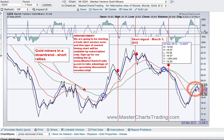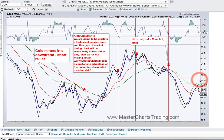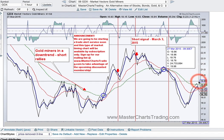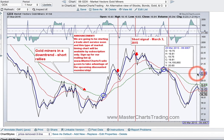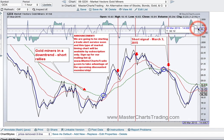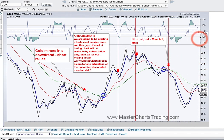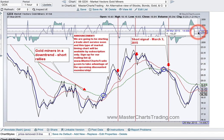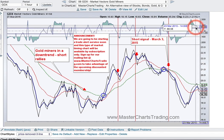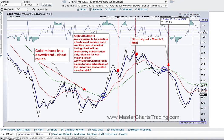So I'm waiting once again for this blue line to cross above the green line, and that would be a good shorting opportunity for me once the trigger signal right here is actually executed. And I will blog about this and probably issue an alert as well later on once it does occur. Okay, oil,